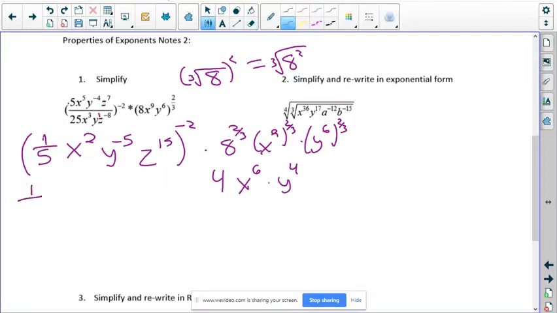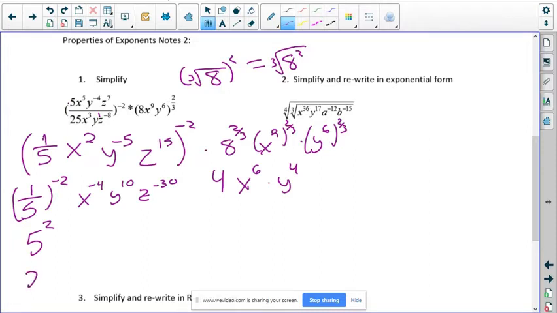So we have 1/5 to the power of negative 2. X to the second to the negative second is x to the negative 4th. Y to the positive 10th. Z to the negative 30th. When you take a fraction to a negative power, you can reciprocate it. That's doing the negative portion of the power. So you could go 5 to the second here,